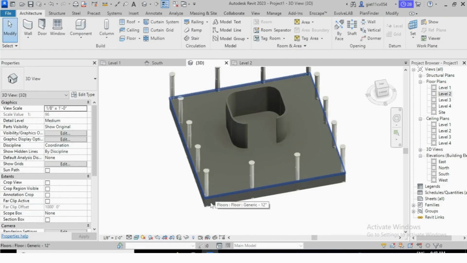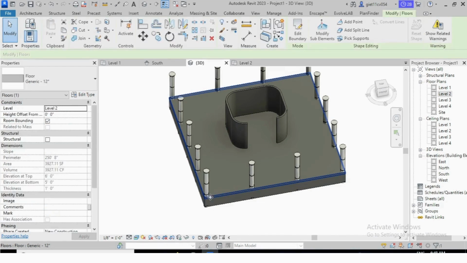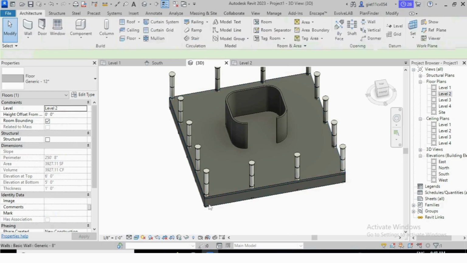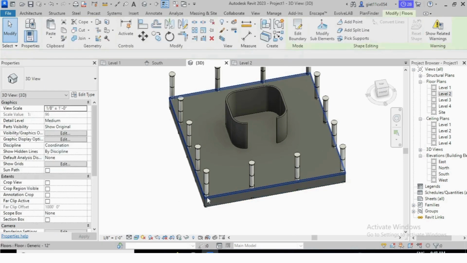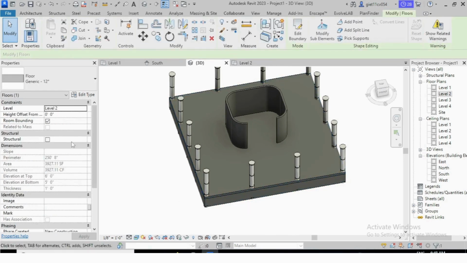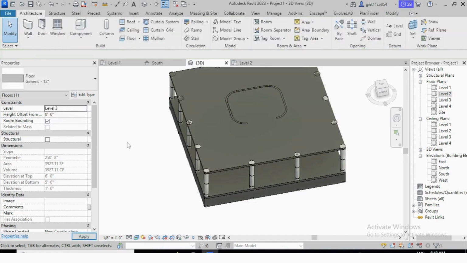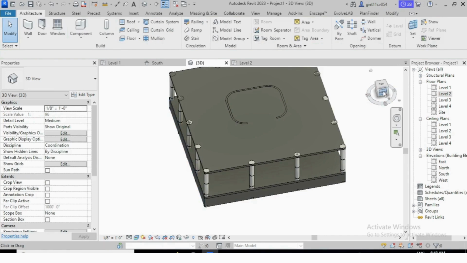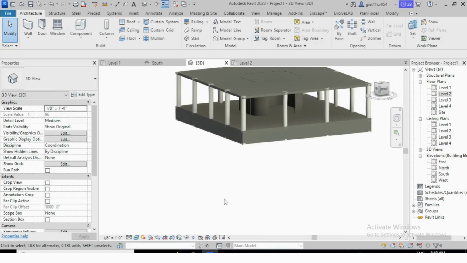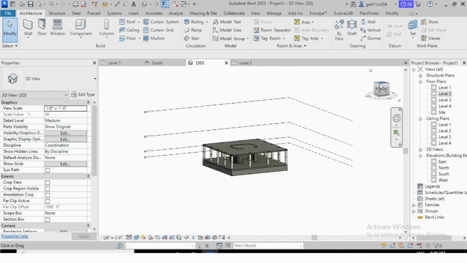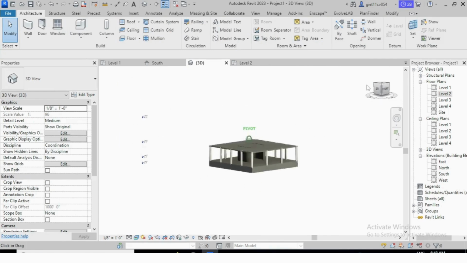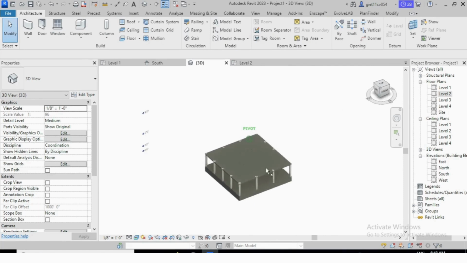So here it overlaps, so for that just select this one, select the floor and make it level 3. Okay, now it's okay. Now here you can see the floor has been placed.